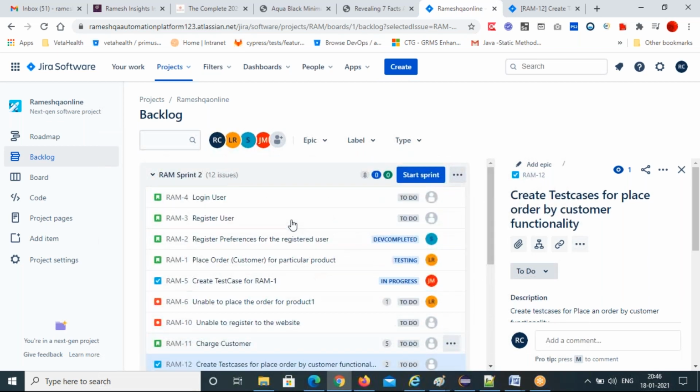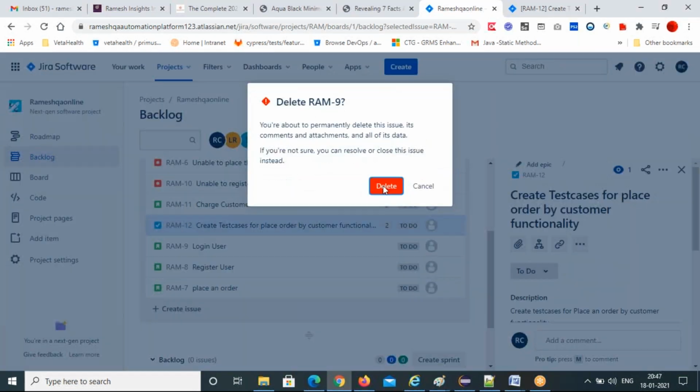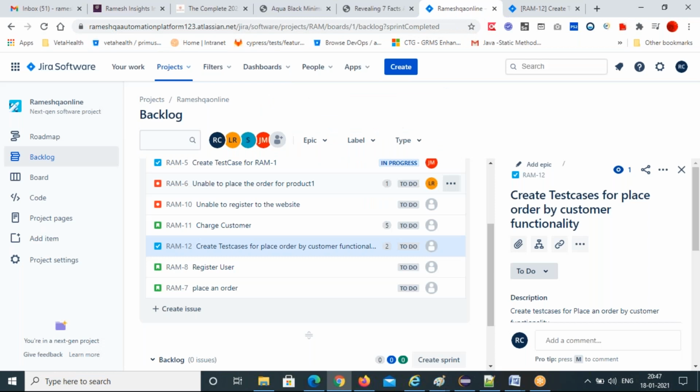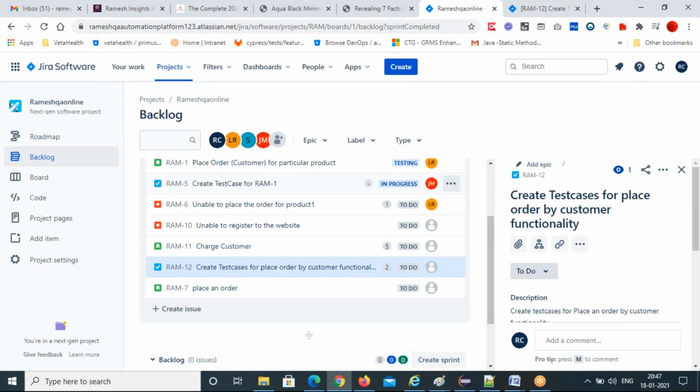Again, the use cases we created were duplicates, so you can delete this because it's already a duplicate. Register user also is a duplicate, you can delete it. This is the Jira tool, how it will be there.